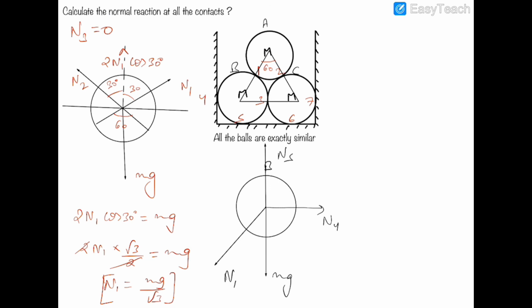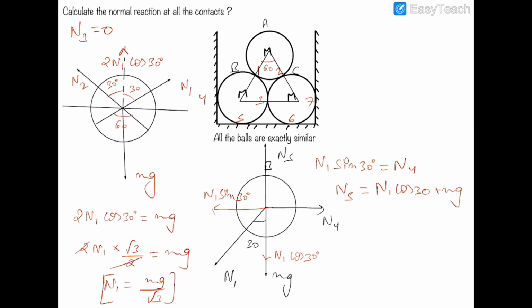So this angle will be equal to 30 degrees, and the components will be N1 cos 30, and this component will be N1 sin 30. So N1 sin 30 will be balancing out N4, and N5 will be balancing out N1 cos 30